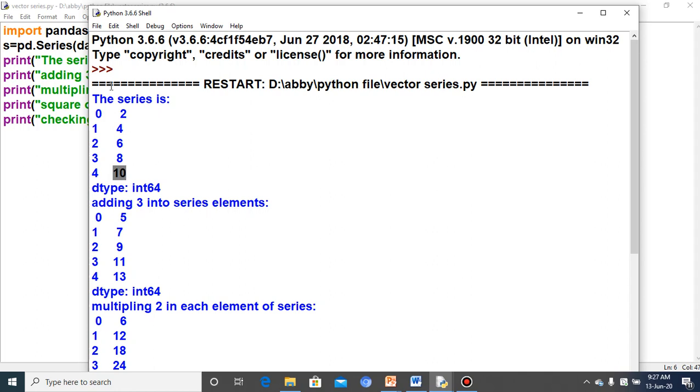So each individual element gets added with the value 3. That is why this output has come. So these are actually the vector operations. Individual items will be added or subtracted or whatever you want to perform.